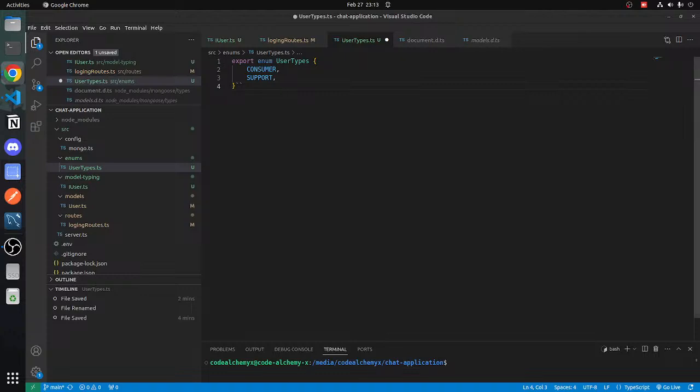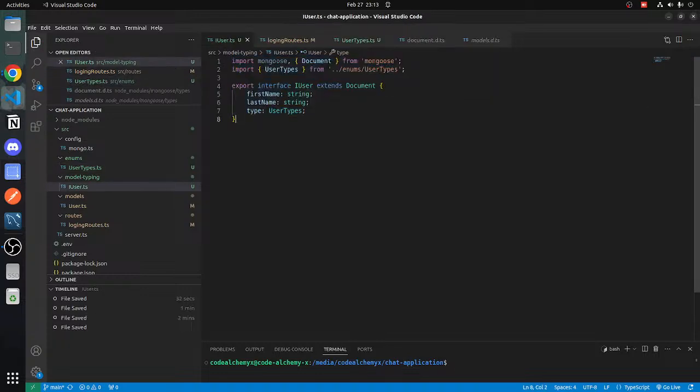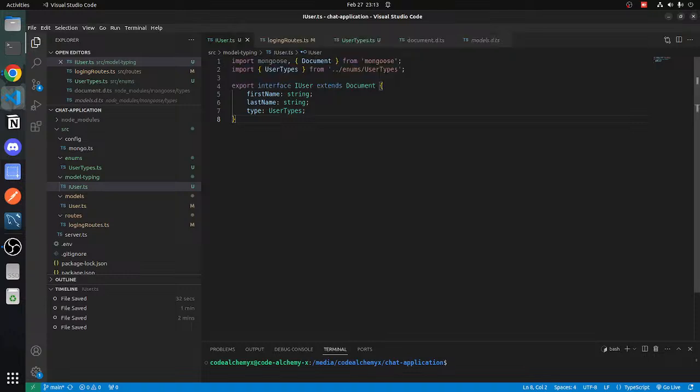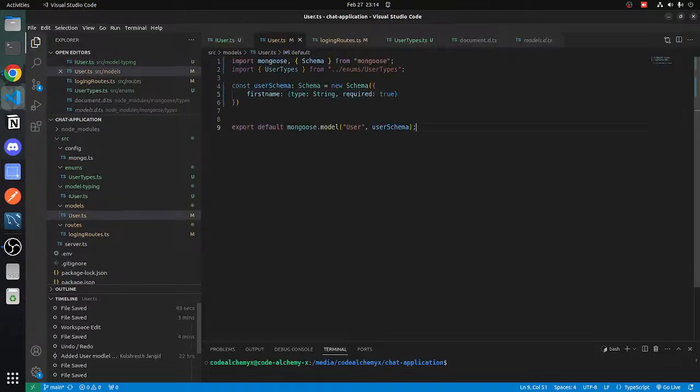Okay, let's get back to it. So it's user types, and let's go to users.ts. There it is. Now it's required, and then last name also,